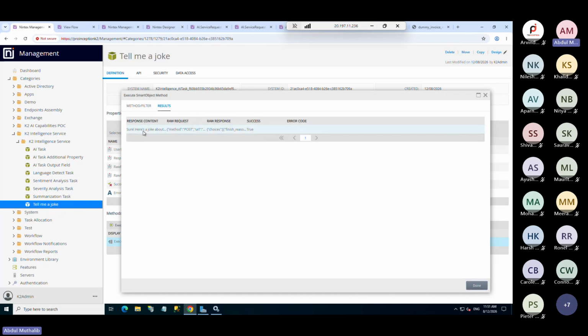Yeah, so this comes as a response. Okay, so you can call this smart object from the form and display it beautifully. Similarly, you can create your own task and use the capability of K2's LLM here. So that's it about K2's